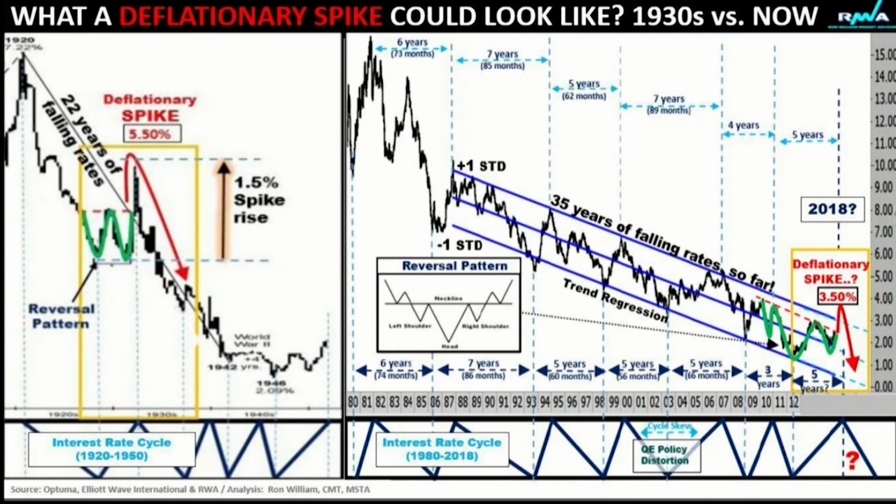Going back to the last chart, you're very much a person that uses cycles. There's a number of different time intervals you've got here on the right-hand side of this chart. What period are we talking about here? You've got 2018 as a question mark here on the right-hand side. Well, 2018 is certainly heightened risk for this spike scenario. In terms of the bottoming out phase for the market, for yields, I think that would continue from 2019 onwards.